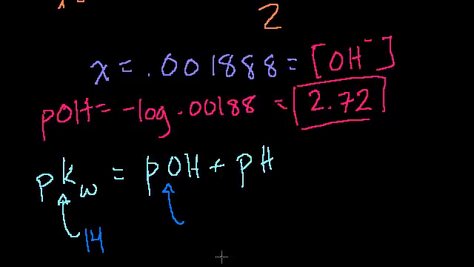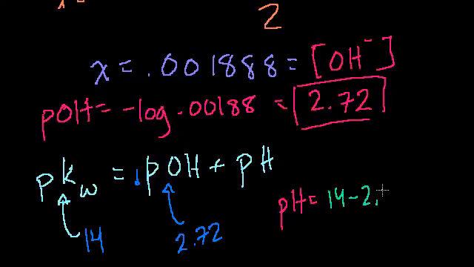But now we know we have a much higher concentration of OH, 2.72. Remember that minus log kind of flips it. So a lower pOH means a higher concentration of OH, right? This is a lower pOH, that means your pH is higher. And I don't want to confuse you too much. So what is your pH going to be? So your pH is going to be equal to